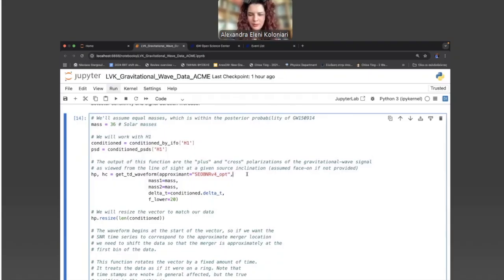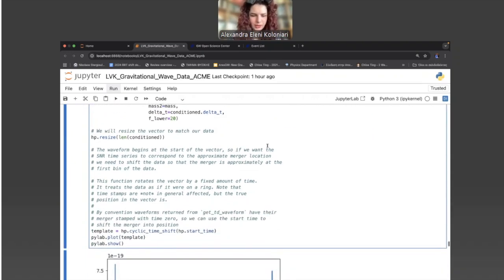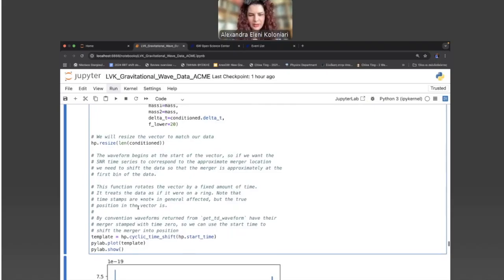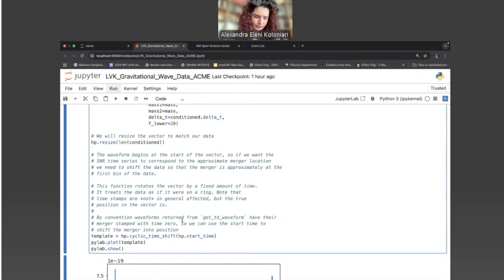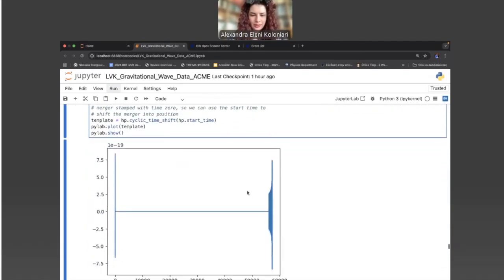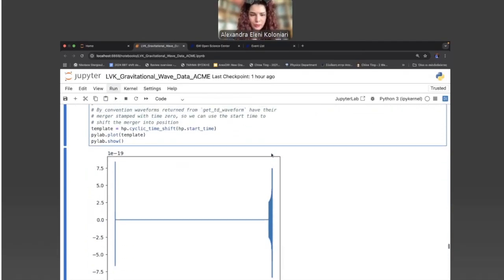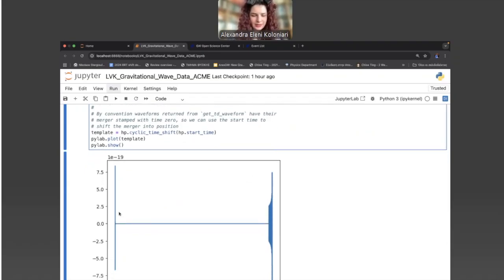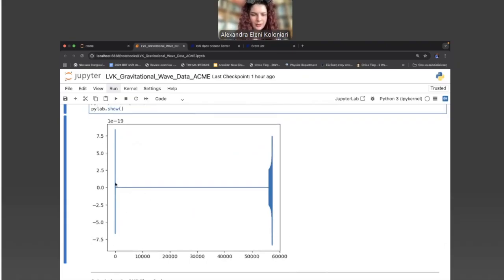There are different approximants. For example, for the injections, we did use another, the IMRPhenomXPHM. There are also details here in what is happening. I won't go into detail because of time constraints, but you can see here, for example, we do have the waveform, but we do a cyclic time shift in order to have the merger at the start of this segment, and then we basically shift that, and everything that comes from the right ends up on the left.